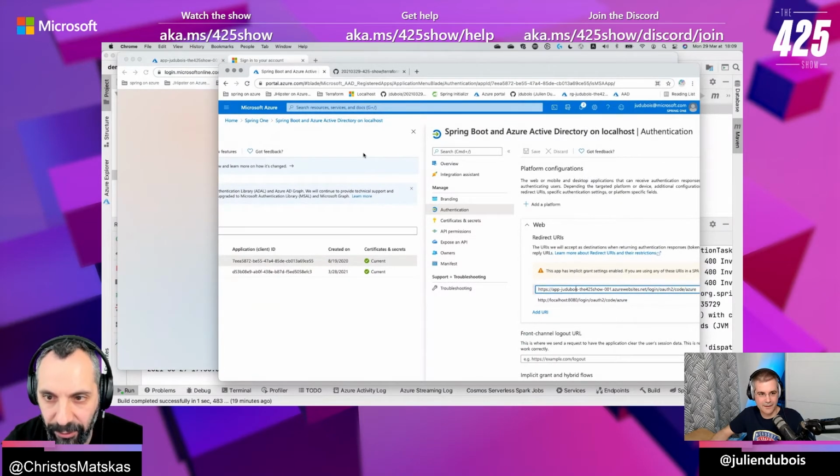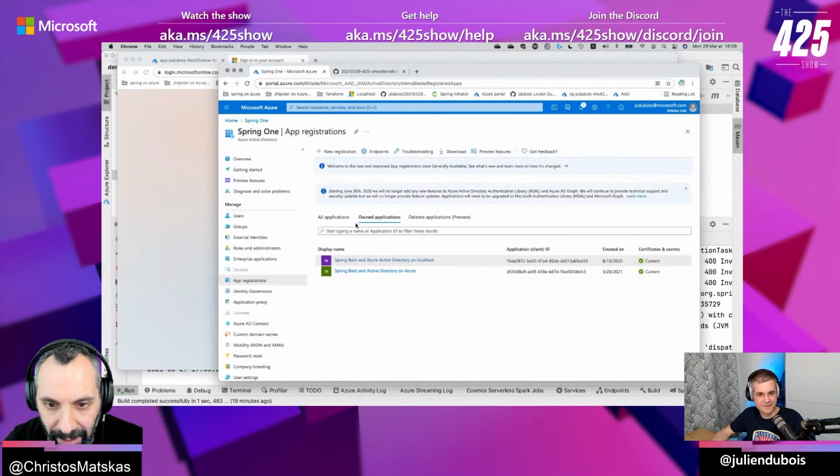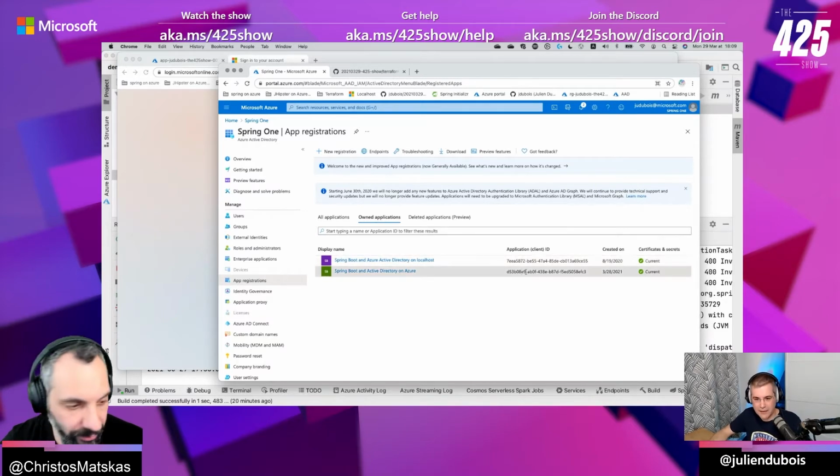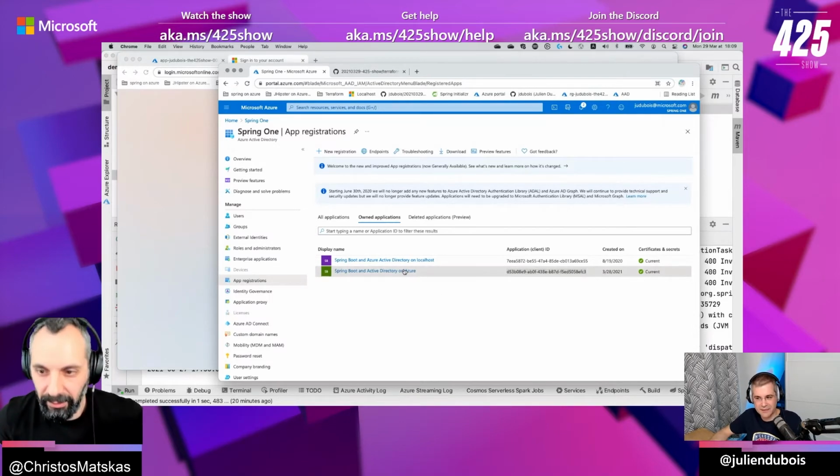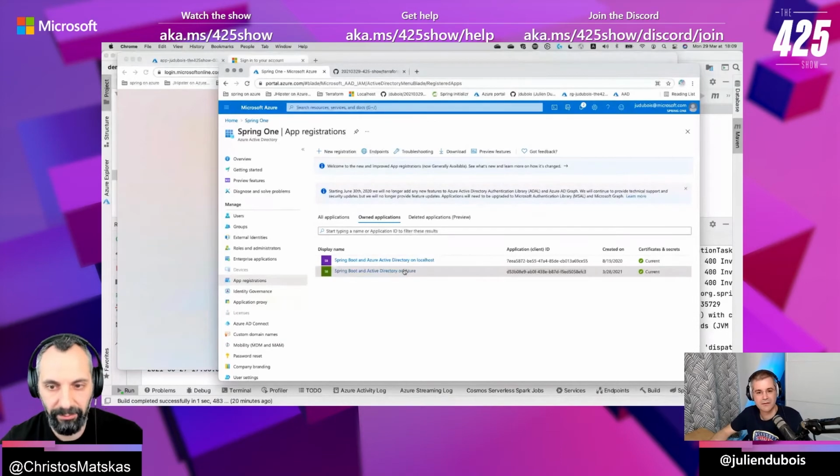Now go back into... see, you're using the wrong app registration. That's why it's wrong, right? If you go there, see the one that says application ID D53, which is the second one? Spring Boot and Active Directory. So that's why it's not working. Yes, that was the other one. Yep. Do I need to delete it? No, you can just reconfigure that one to work fine. Yeah, so if you click on that, just add the redirect URI and you're good to go.